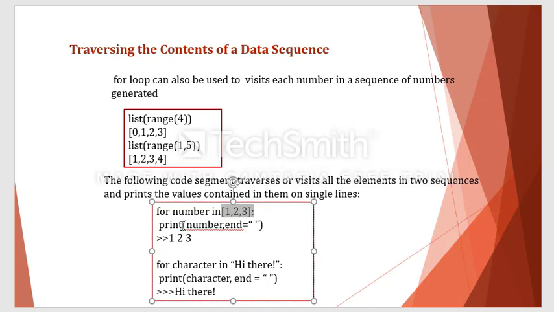So we have to use the print statement, print number comma end. After every number what I need to print is only a space. If you want to print a comma then you put a comma here. If you want to print a dot, you put a dot here at this end parameter. So print number comma end is equal to space. Now all the numbers are printed: 1 2 3.